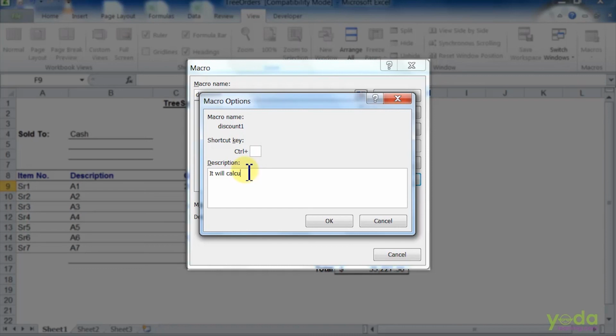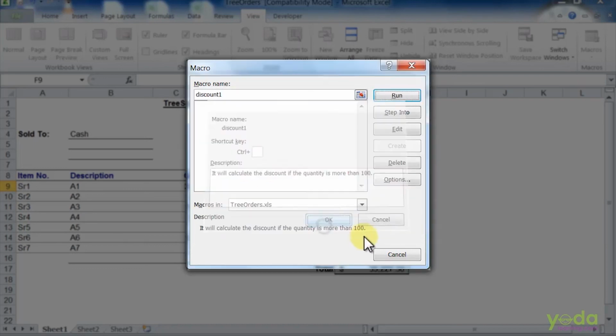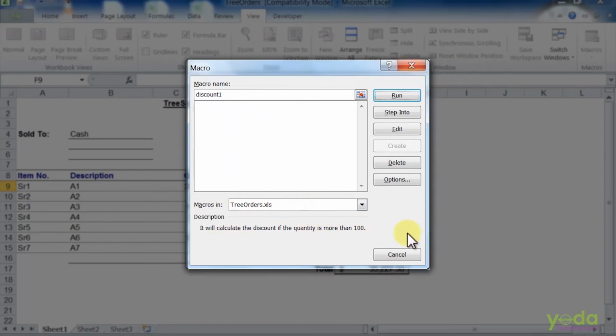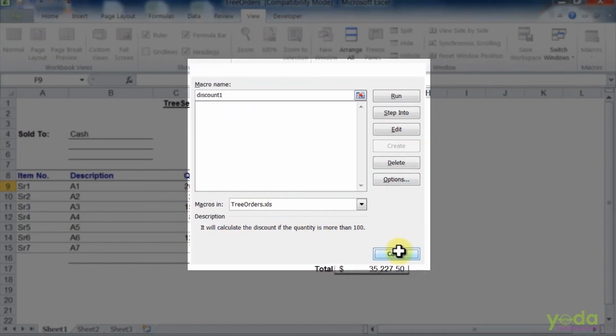So I will type here, it will calculate the discount if the quantity is more than 100. So I'll say OK. Now say cancel.